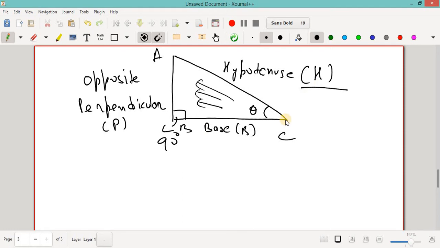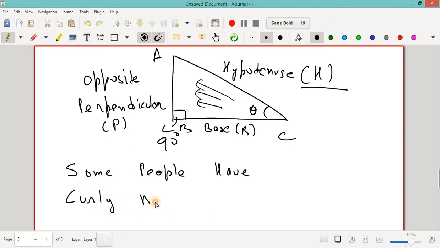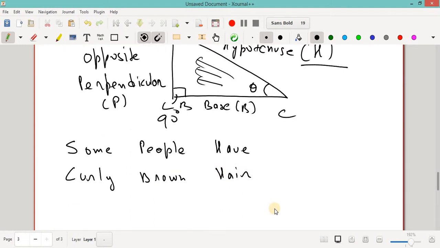Now students, I will give you a very simple way to recall the formulas easily in your examination. Remember this: Some People Have Curly Brown Hair, Turn Permanently Black. Okay, this is my formula. Now why am I discussing this? By this you can recall any formula without learning anything by heart.